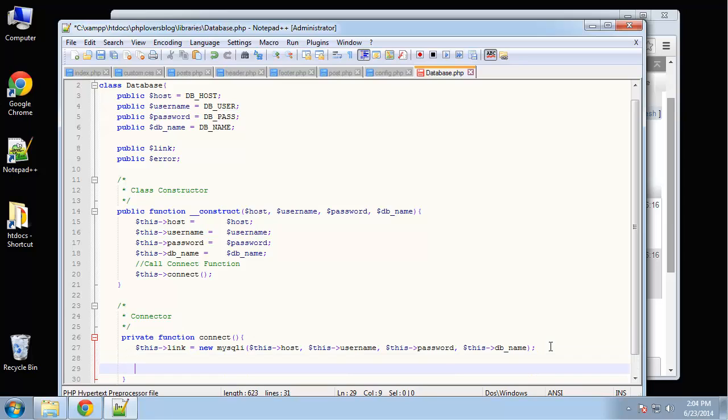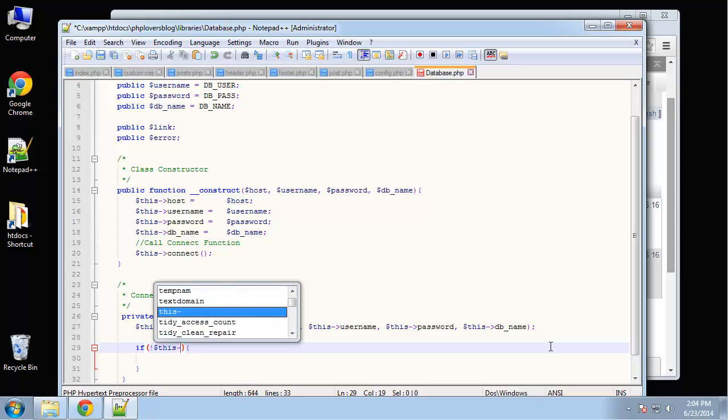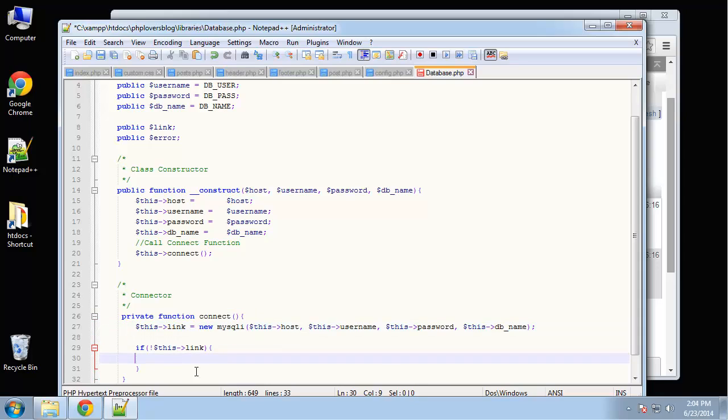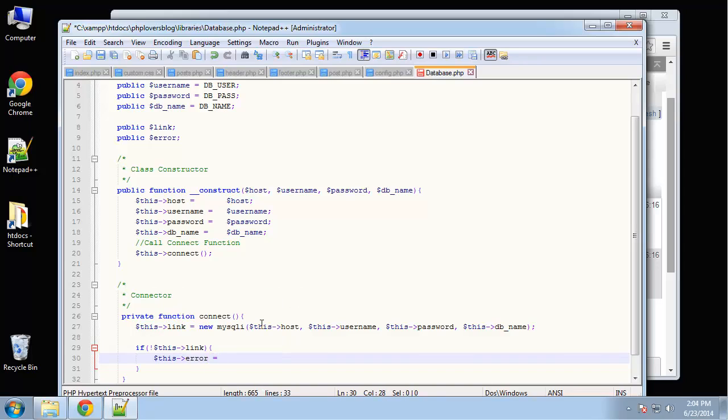And then we're going to make sure that we are connected. So we're going to do an if statement here. And basically we're just going to say if not this link. Okay, so if this link is not true, alright, if we connect here, then this link is going to be true. So we're going to say if it's false, then this error equals, and we're just going to put in an error string. We'll say connection failed, and then we can actually pass in